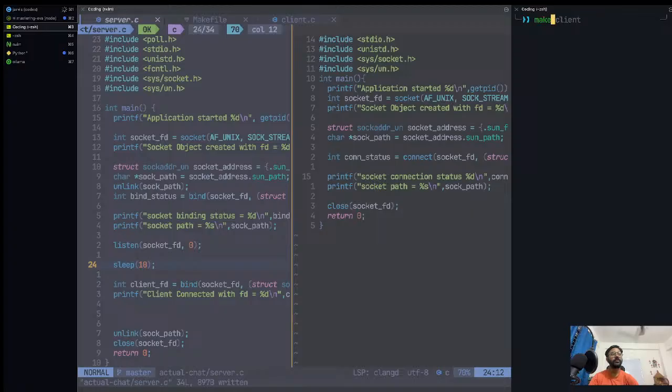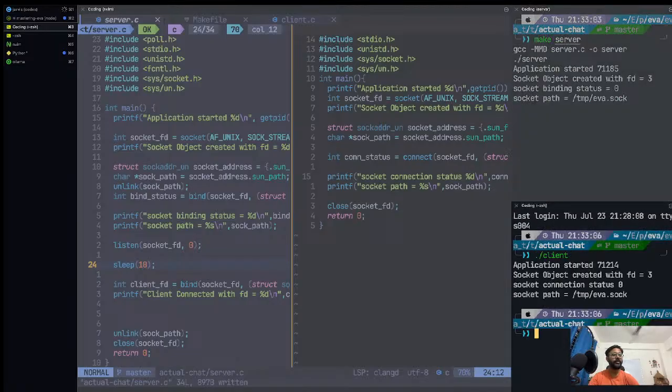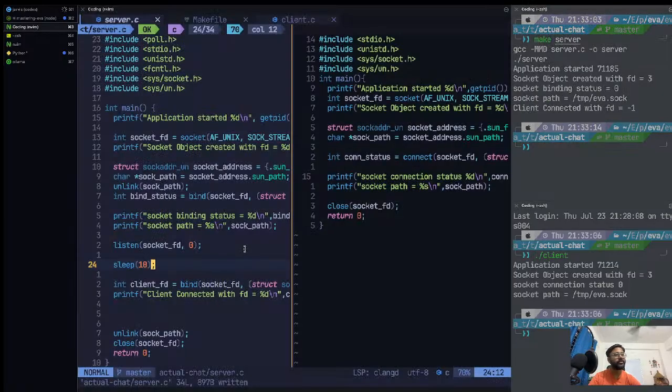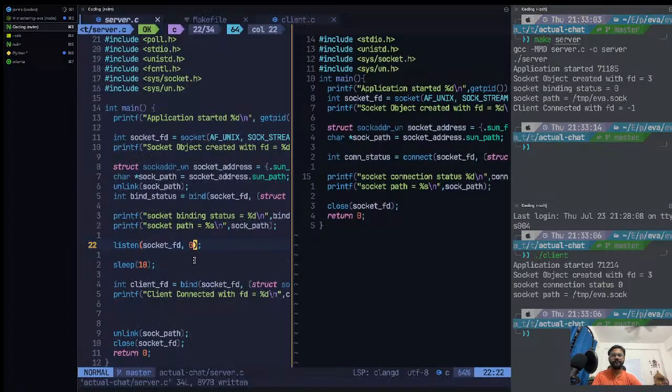I'm thinking doing something like make server, and then if I run the client, client connected? No, it didn't connect. Wait, if I make this like 1,